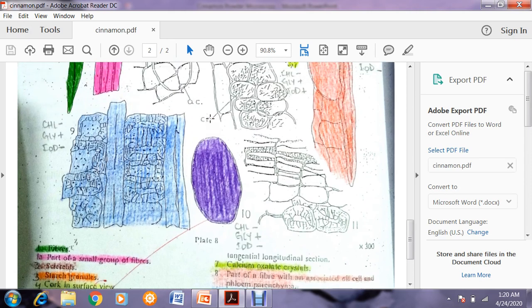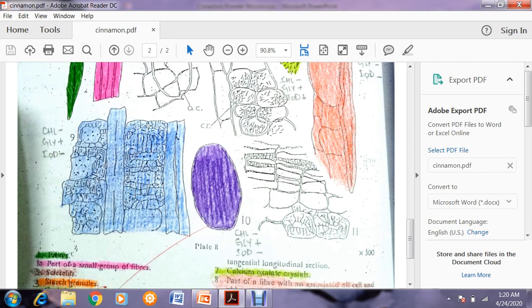These are visible in chloral hydrate, but not in chloral hydrate iodine, while in glycerin the student was able to see them. So your observation depends upon each and every individual, how efficiently the slide is made, and how you are handling the microscope. So you have to become expert to identify all of